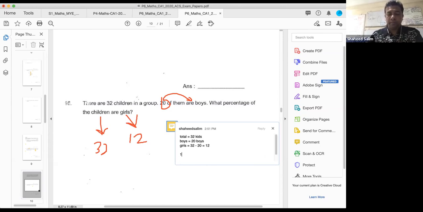Very simple, like that lah. Zain, what's the answer? Zain, you can do it. Okay, you just do that now. 12, because there's 12 girls, divide by 32 times 100. So you get